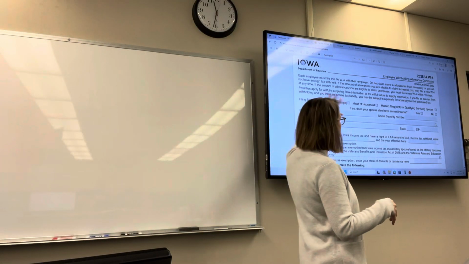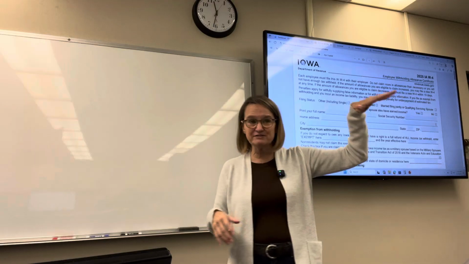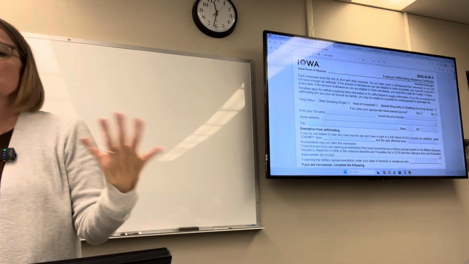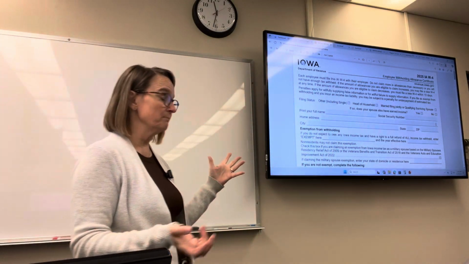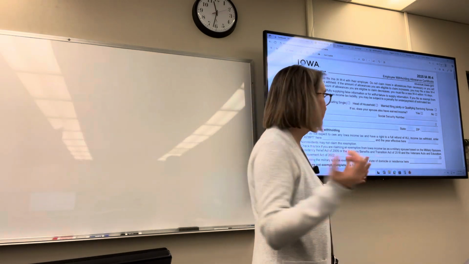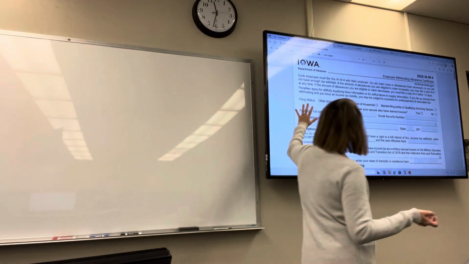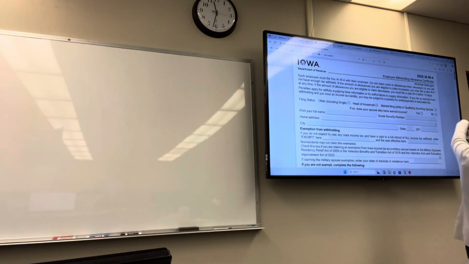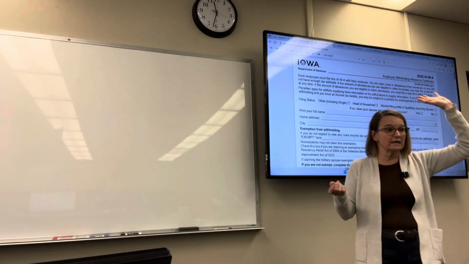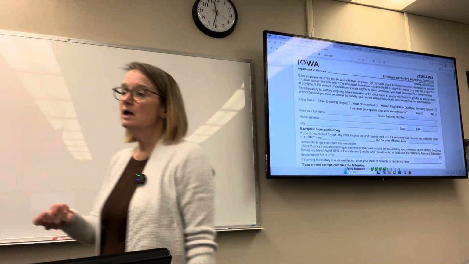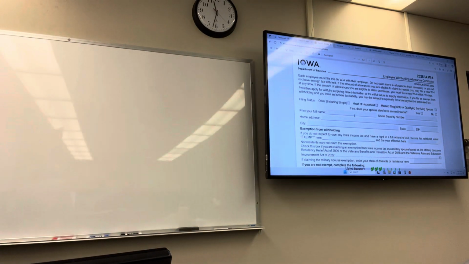So what I want to go through here is just the 2025 W-4. So if you were to start a job before December, this is the form that you would fill out. So we've got our filing statuses: single, head of household, married filing jointly, surviving spouse. So it's kind of the same concept as with the federal form. Information about name, social security number, address, all of that stuff.